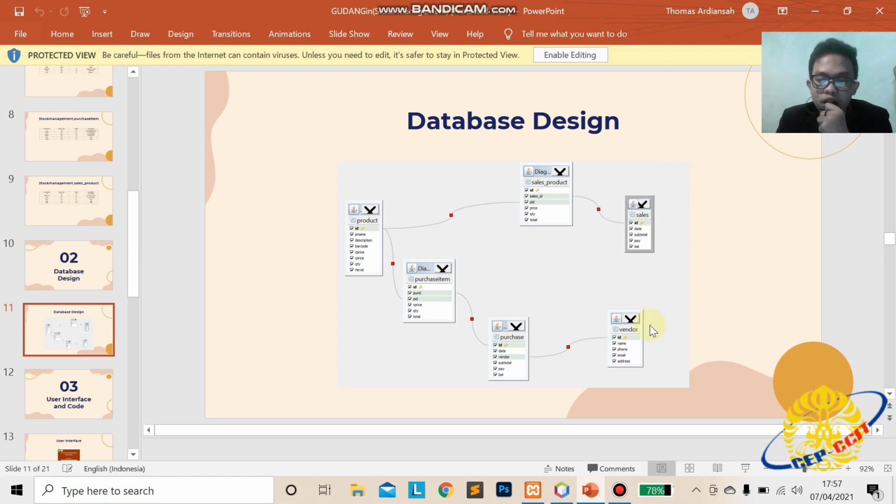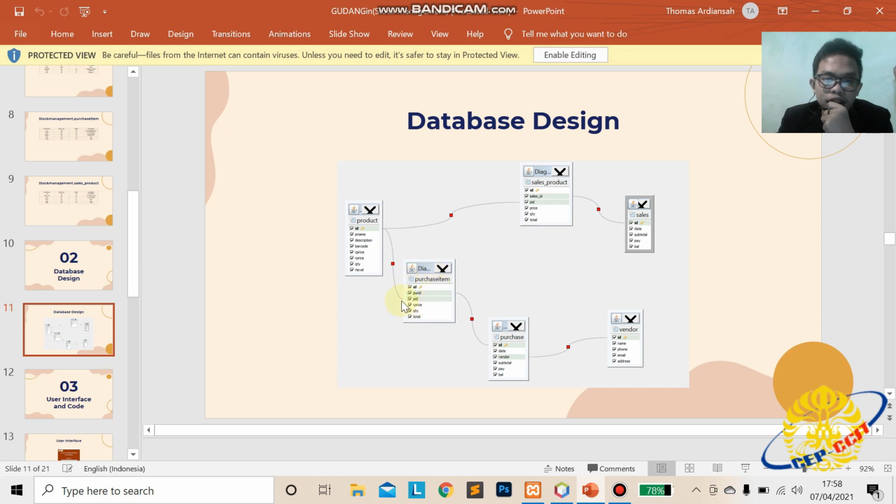So first, we have the table vendor, in which we have ID, name, phone, email, address, and the ID will be a foreign key to the vendor of table purchase. In the table purchase we have ID, date, subtotal, pay, balance, and then the foreign key of purchase ID is the primary key of the purchase table. So in the purchase item we have ID, PID, R price, quantity, and total.